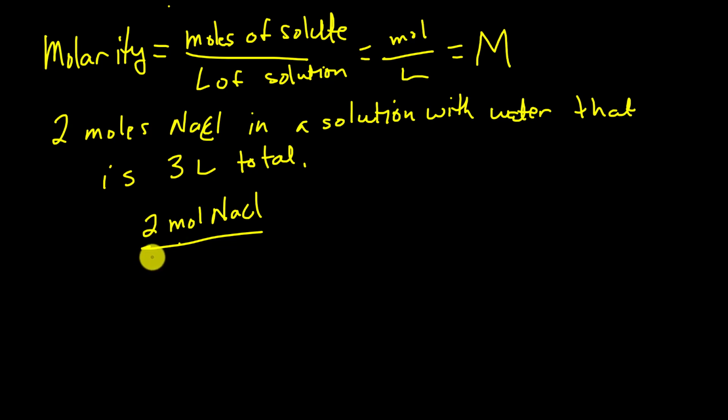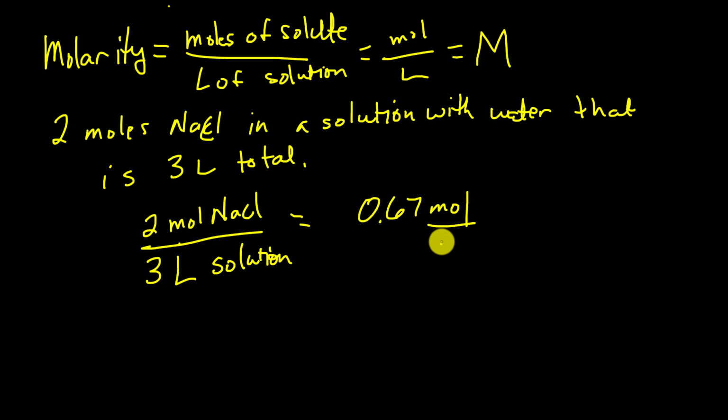Okay, not liters of solvent, but liters of solution. So we've put on the bottom here 3 liters of solution. Now we divide this out and we're going to get 0.67 moles per liter. This part we're just using for reference, we don't have to actually write that in. 0.67 moles per liter, which we write as